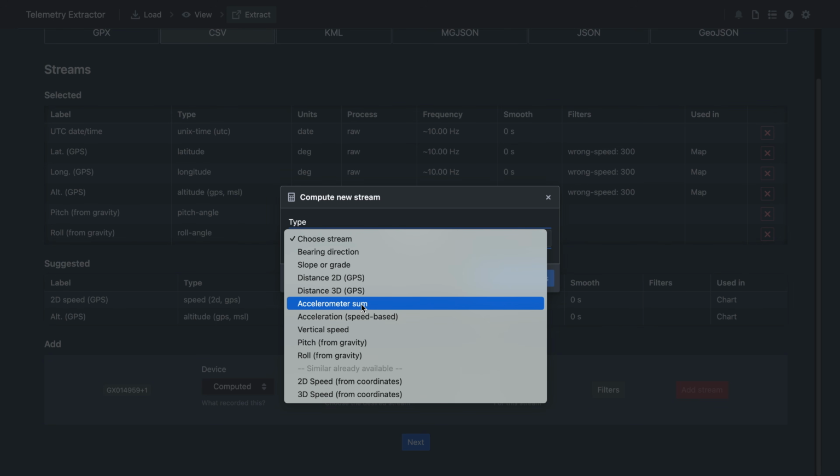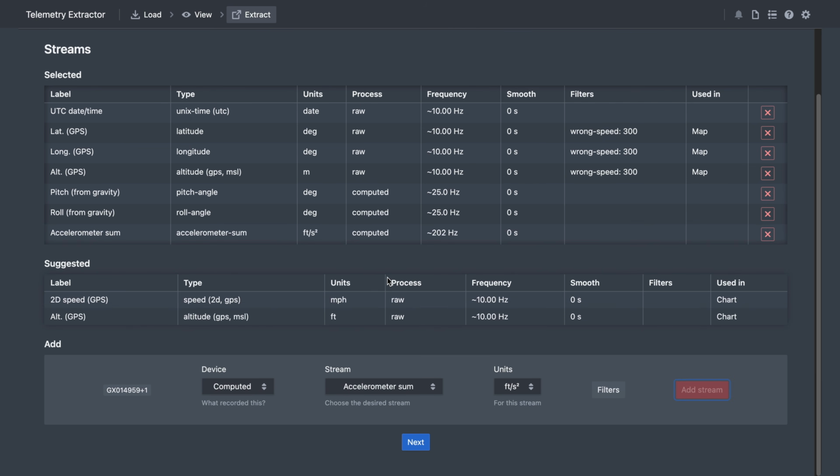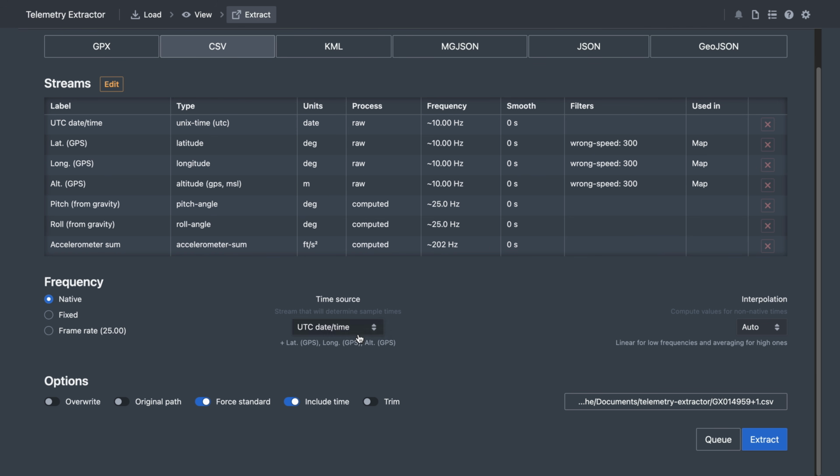Let's also pick the accelerometer sum, also known as g-forces usually. And for the frequency, the time data will give us 10 samples per second. So maybe to make it more interesting, let's pick pitch, which will be 25 per second. The accelerometer was recorded at 200 Hz instead, and maybe that's overkill for this test. Interpolation will happen, but auto is fine. We'll save this next to the original path,